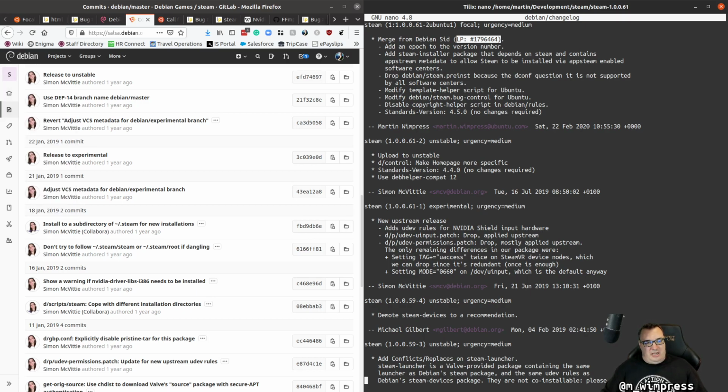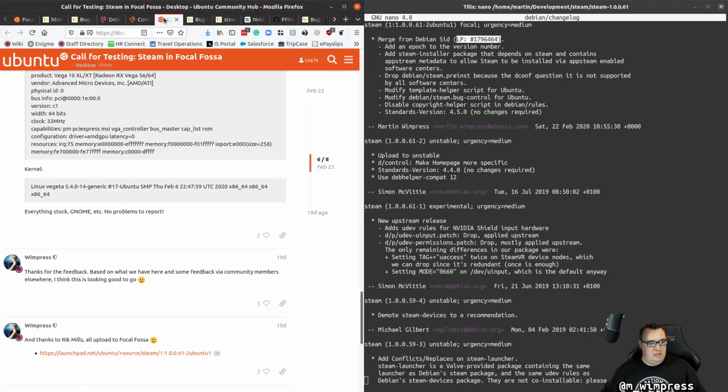So I cherry-picked all the changes from Debian, and I then made some modifications. So I turned a few bits off that we didn't need in the Ubuntu packaging, because we didn't need this helper script, and we don't need this bug control anymore, or we needed to modify that. So there was a few minor changes there, and once I'd made these changes, I then one weekend posted on the